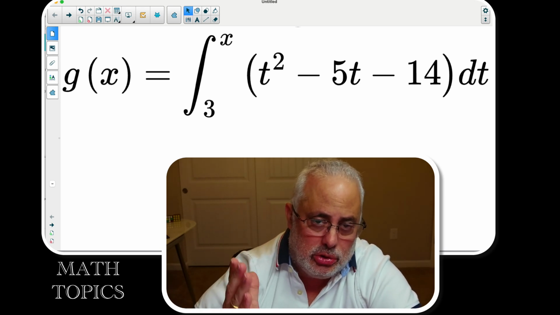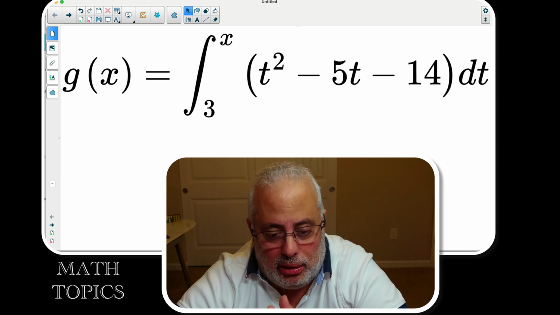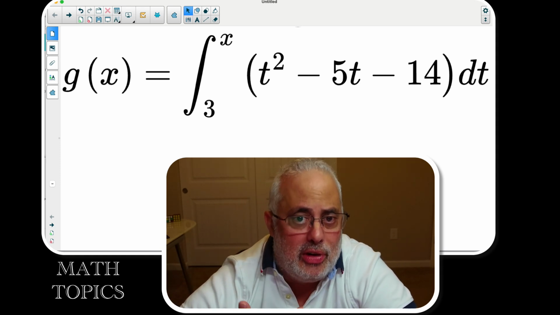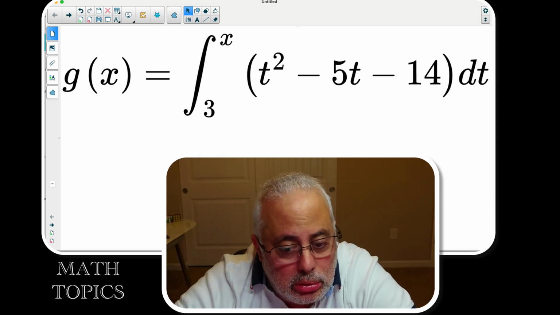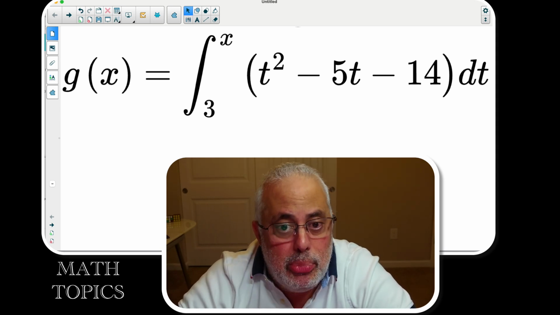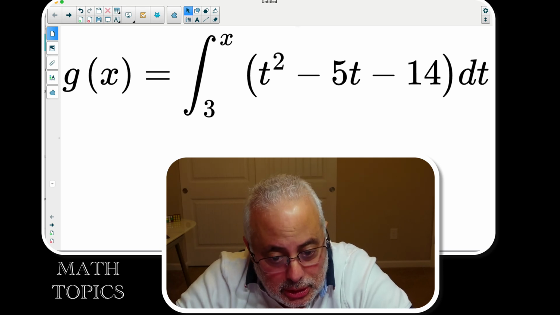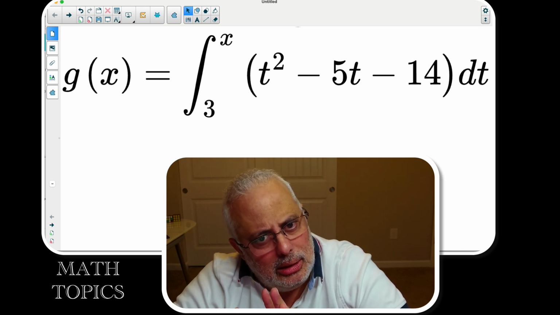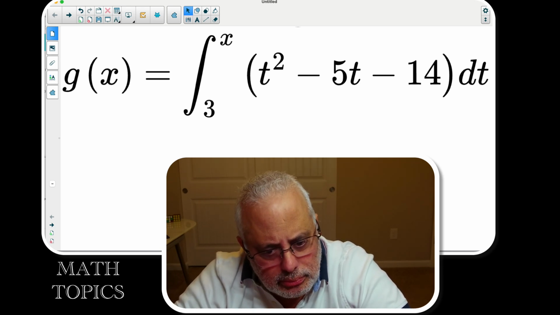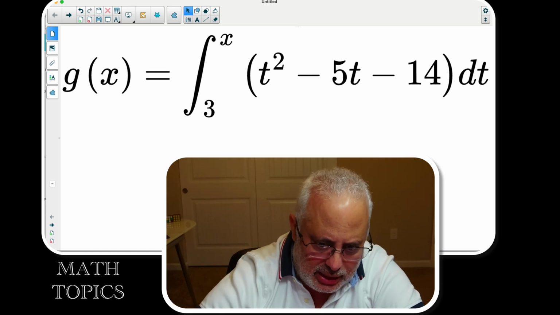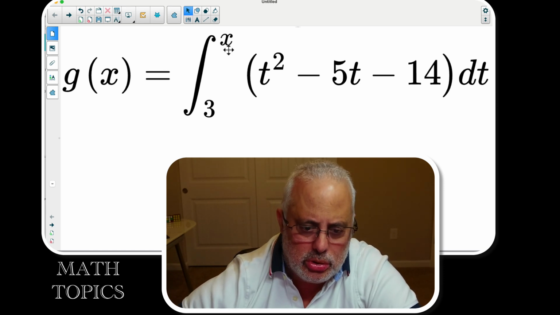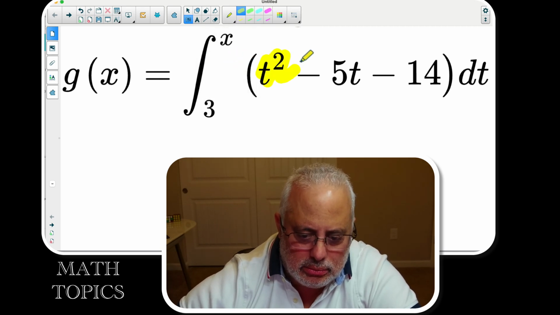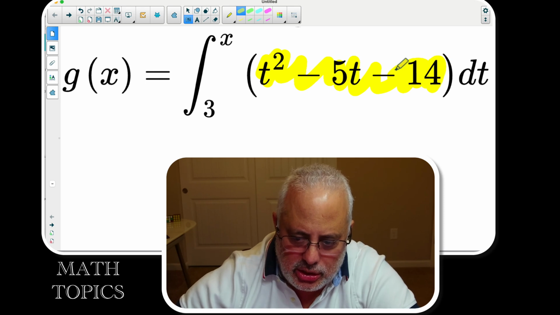For example, that function right there, the integral from 3 to x of t squared minus 5t minus 14, and I want to find the point of inflection. But I know that the integral is the inverse operation of differentiation. That's it. Because I know that that function that you see inside right here, and let me use my highlighter, that expression that you see here,